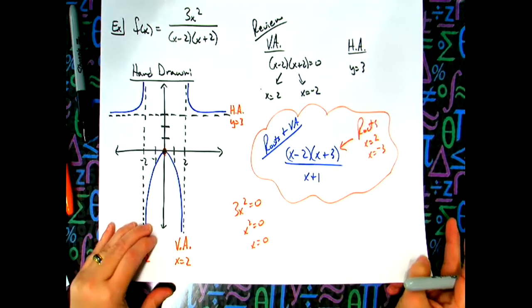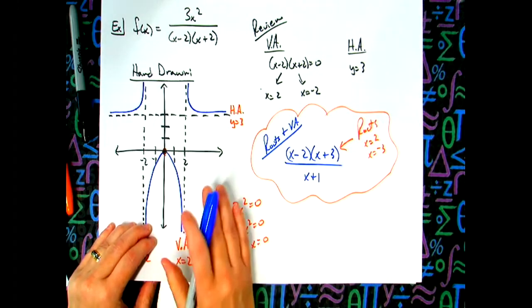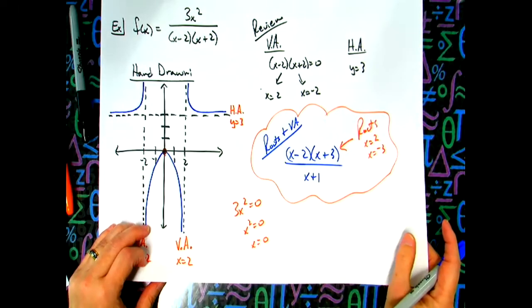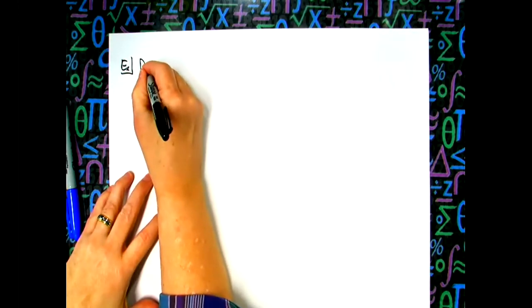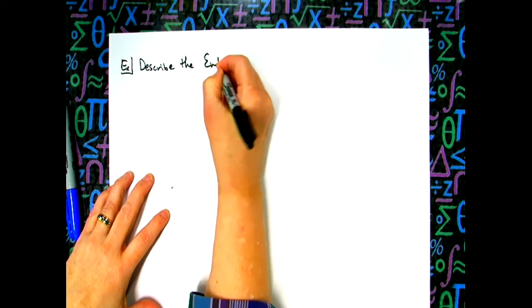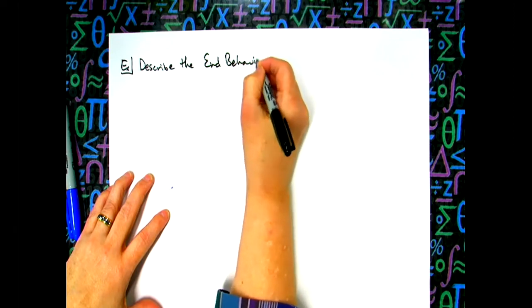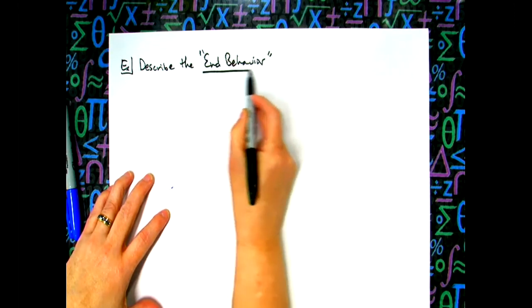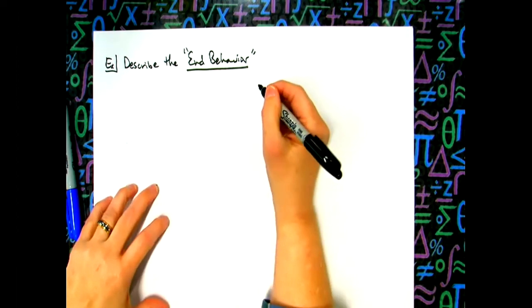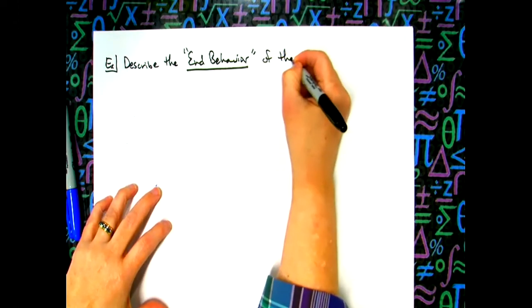All right, you take a college algebra class, they're not going to approach it as a limit. They're going to just have you describe what's going on in the graph itself. Okay, so referring to that picture right there, in a college algebra class, which is where you will probably go after this, they're going to ask you to describe the end behavior. Okay, so they're going to use those words, end behavior. And we've used end behavior before. We used those words when we were doing the multiplicity and the bouncing of our polynomial curves. Describe the end behavior of the graph